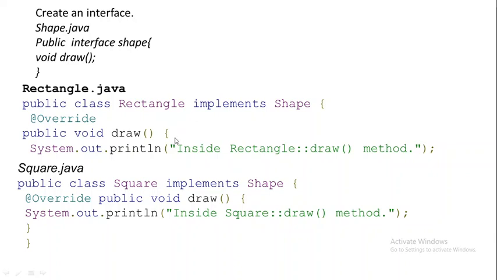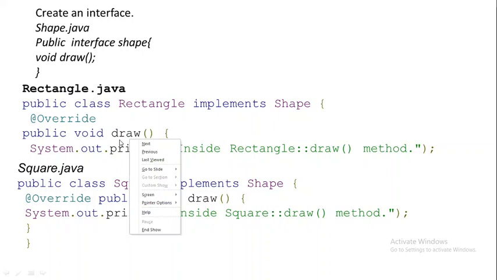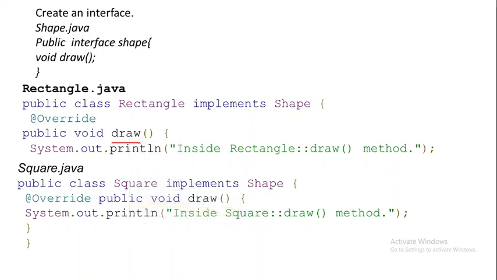If it is a superclass-subclass model, we use the word extends. If it is an interface, we use the word implements. Public class Rectangle implements Shape. So we are using overriding. Here also we are using the draw method. The draw method is available in Shape also, but if the passing parameter is Rectangle, it invokes the draw method